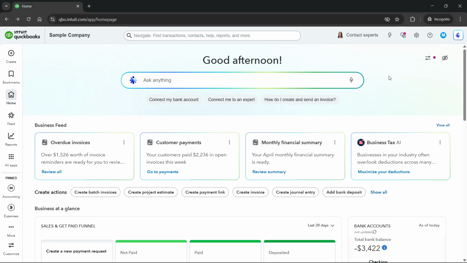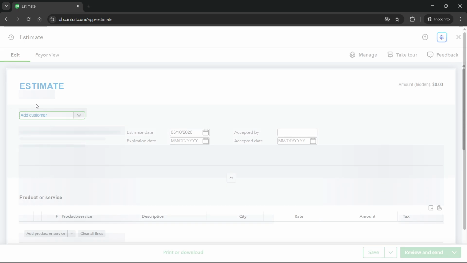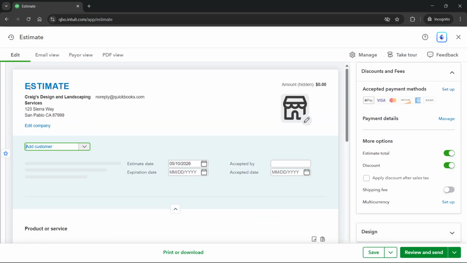In this video, I'm going to show you how to customize estimates in QuickBooks Online. Now, the first thing you have to do, you want to go to the top left here, hover over Create, go to Customers, and click on Estimate. Now, when you do that, you will, of course, enter a new estimate over here, and this is where you